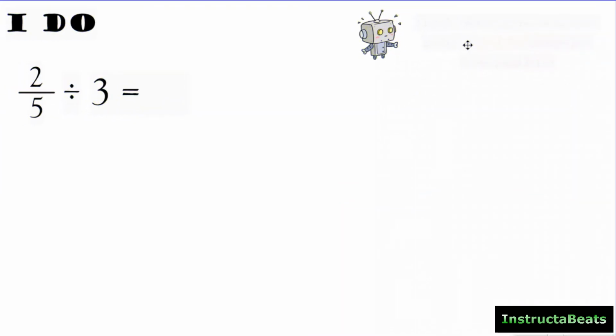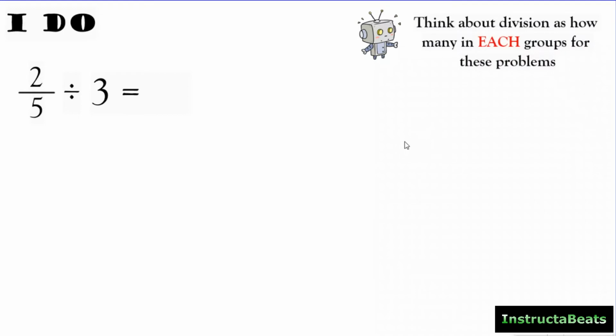So Larry's friend right here is telling us, actually, I'm not sure what that means. What he was supposed to say is think about division as how many are in each group for this type of problem. When you're dividing a fraction, whether it's a unit fraction or a normal fraction or an improper fraction, divided by a whole number, we want to think about, okay, we know how many groups,